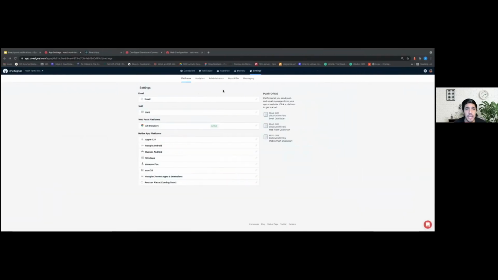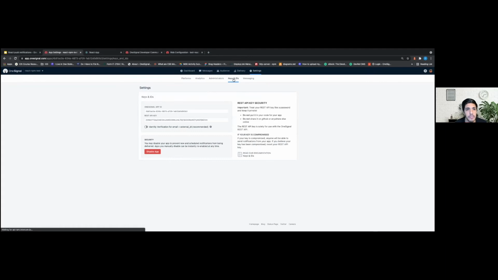So the first thing that you have to do is go to your dashboard from OneSignal, and if you click on settings, you're going to see this tab right here that says keys and IDs. So if you click on it, you can get it from here, as you can see, right? But I'm not really gonna get it from here. Why? Because I mean, you can get it if you want, but the way I like to do it usually,